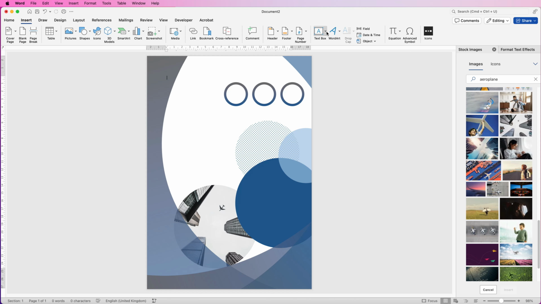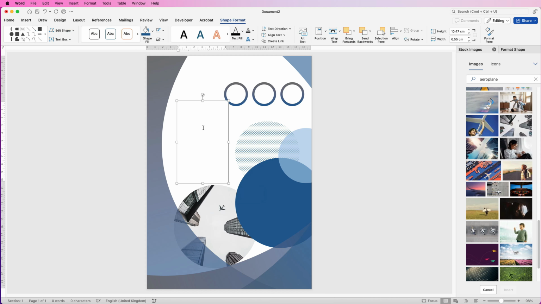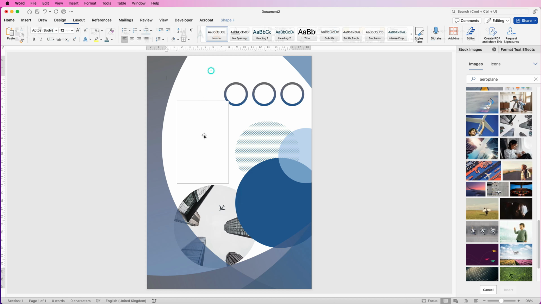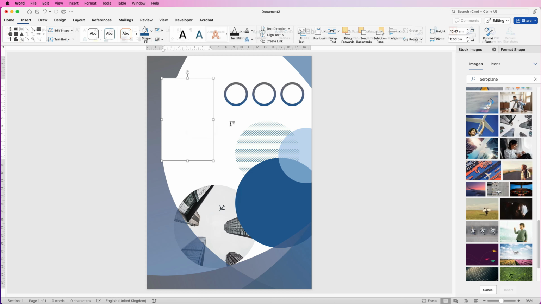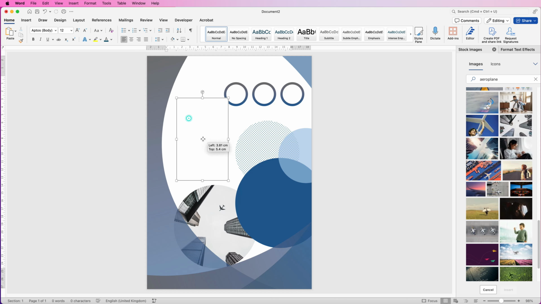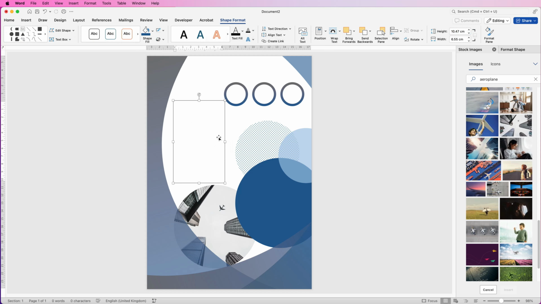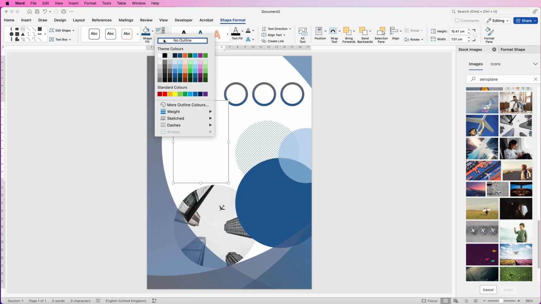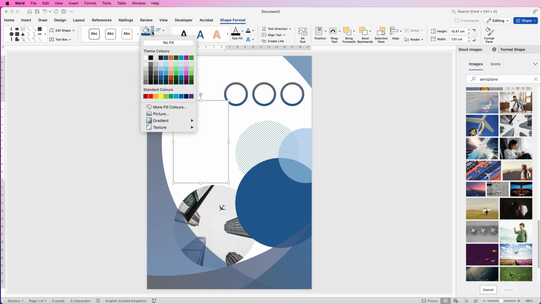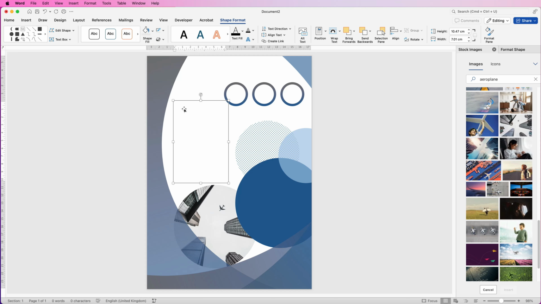Go to Insert, Text Box, Draw Text Box, click and draw out a text box. With every text box, if I deselect it, it will come with a black border line and a white background. So for this, we want to get rid of both of those. So what we're going to do is select it, go to Shape Format, go to this icon here, which is No Outline, Shape Fill, No Fill, and then we can just insert our text,